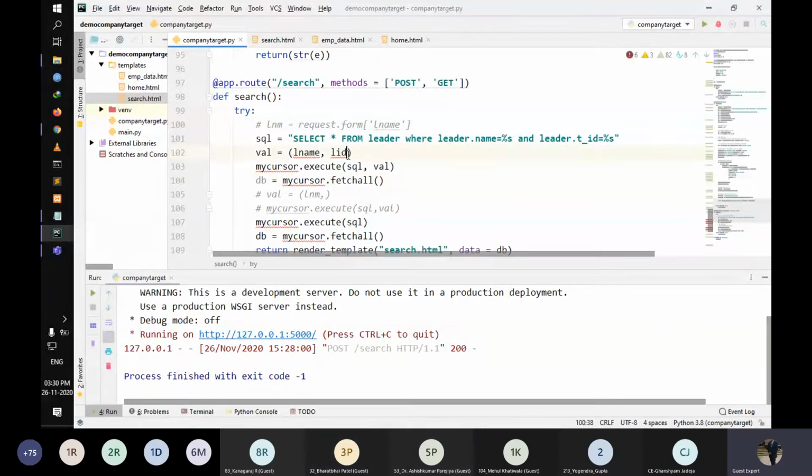So we don't need this. Remove the while condition as well. All data we need. So you can press a value.